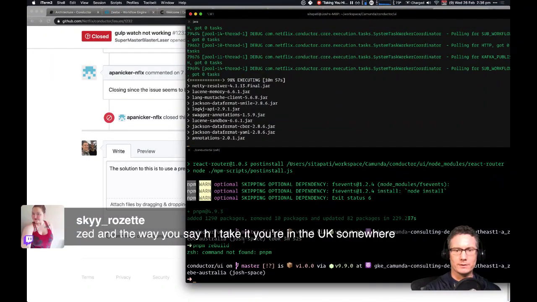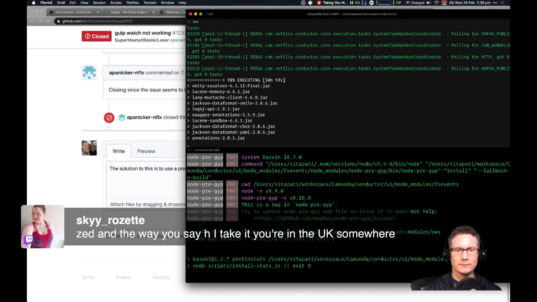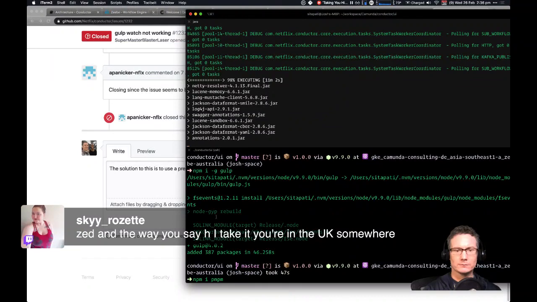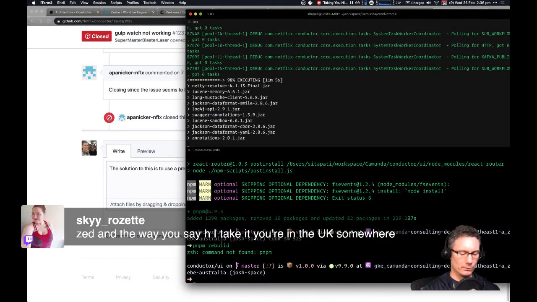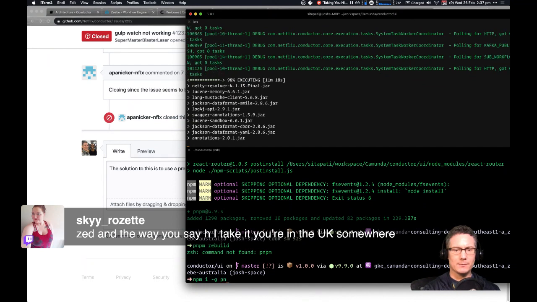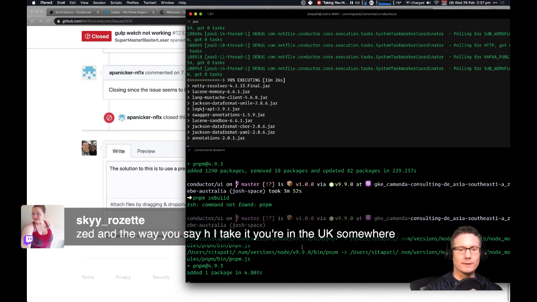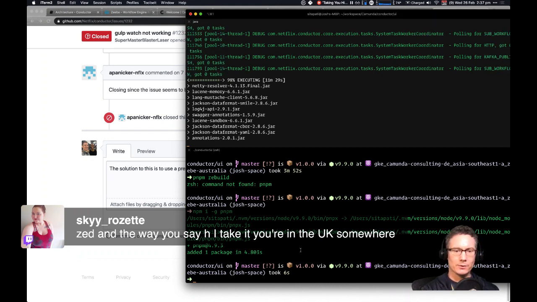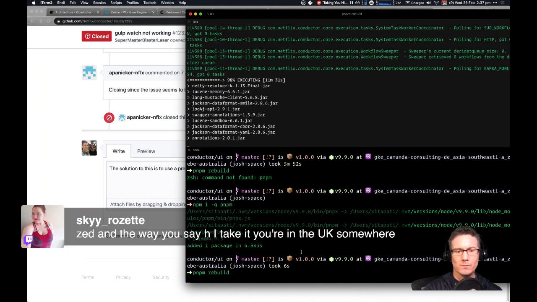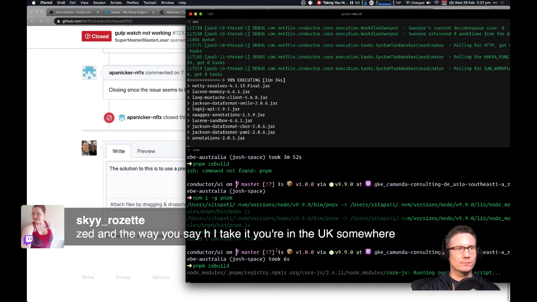well, that's weird because I just installed it. Did I do npm i instead of -g? I did. Okay, well that was pretty dumb. Oh, so I installed it in the local. Well, in that case I could do this. No, I should do it properly. npm i -g pnpm. That's annoying. Yay. Okay, so now if I do npm rebuild, it should rebuild the binary dependencies.